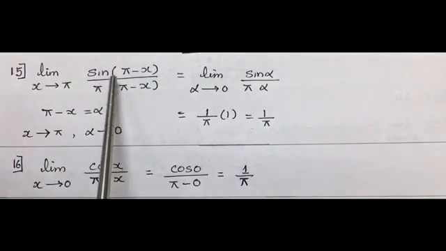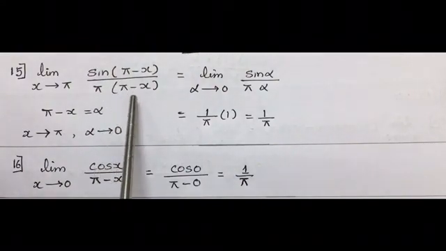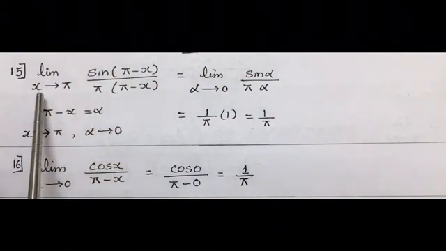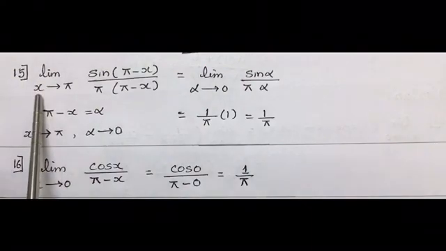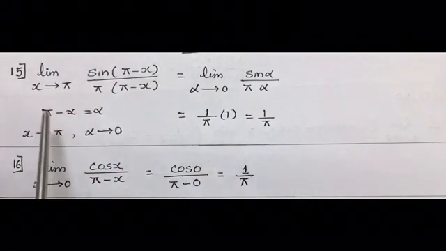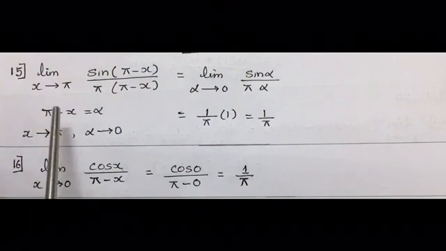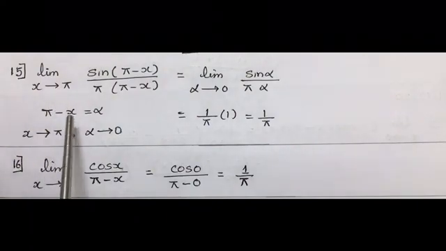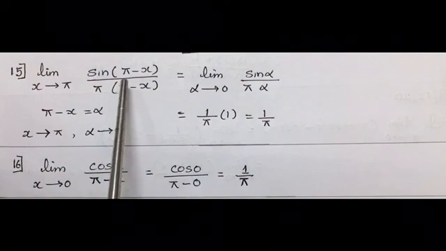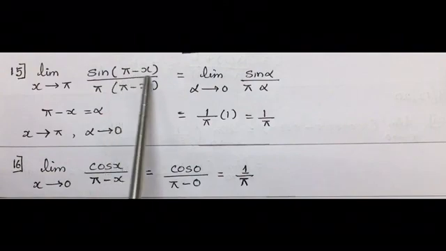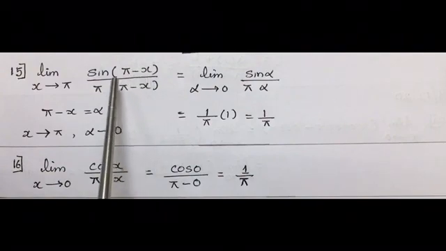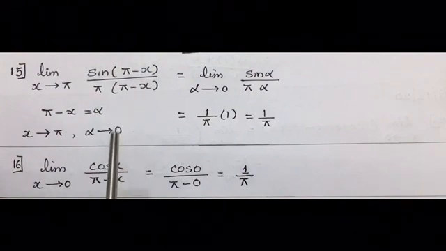And if we want to use the formula of sin x upon x, then in that case x should be tending to 0, and that is also not being given here. So in such cases, when pi minus or pi plus or anything related to pi is given,